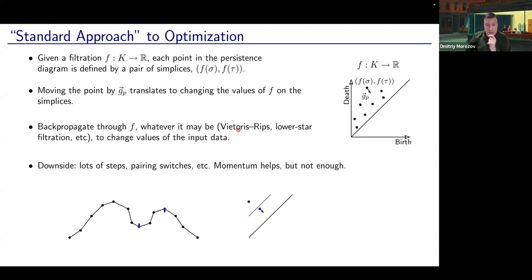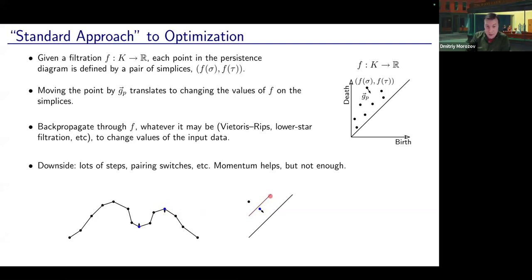The trouble is that it's not nearly as simple as it sounds, and it's easier to see why if we just look at an example. Suppose that we have this function. This is a function on a graph, on a path, and it's just a height function. I'm going to have a persistence pair between this function value and this function value, which really translates to the component created here being killed by one of the edges that is added together with this